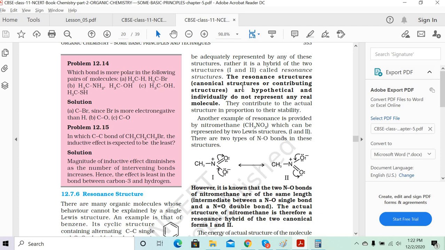Yes, clear. Okay, excellent. So the resonance structure is also called the canonical structure, contributing structures individually do not represent any real model. So basically these are all hypothetical things we are talking about. But as everything, the electron, proton, nucleus, everything is hypothetical, but it works. Correct? Hypothetical because it becomes a principle. Nobody has seen this part, but as per the hypothetical thing, that becomes the law finally, right? With that method you can explain a lot of things, so a lot of existence can be explained. So that's why it has practical applications. Understood this part?